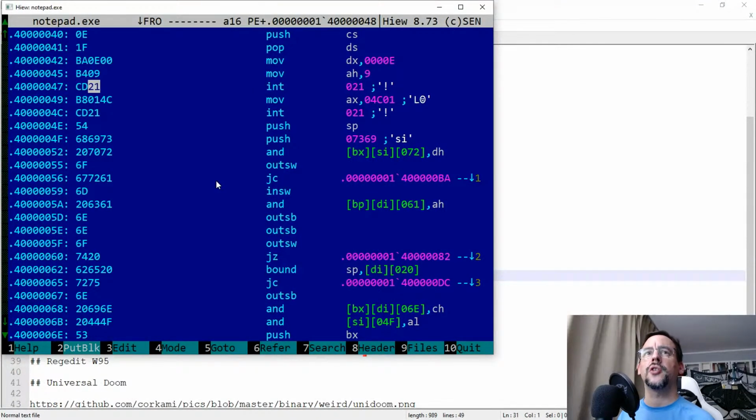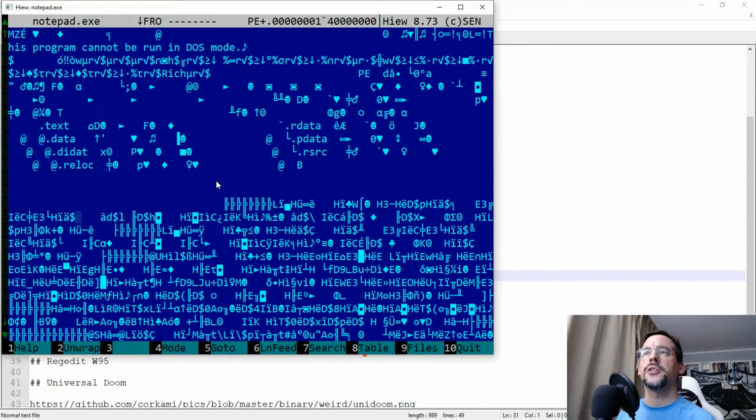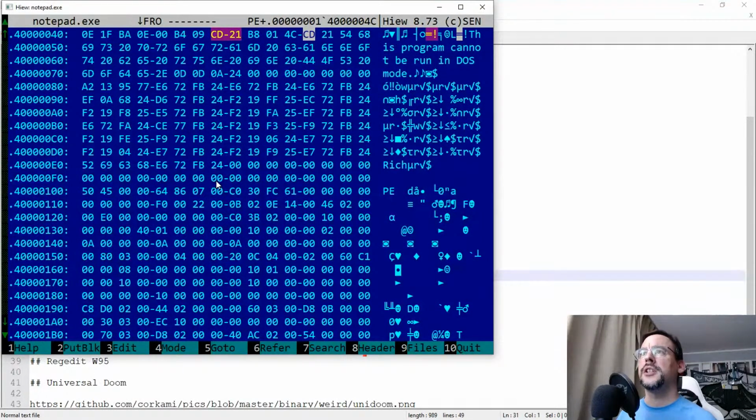interruption. So this is interrupt 21 with AH set to 9, which is print string, and then this is interrupt 21 with AH set to 4C, sorry, which is terminate process. So basically, this just displays the string and terminates the execution. So a very simple